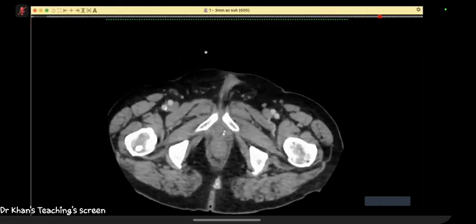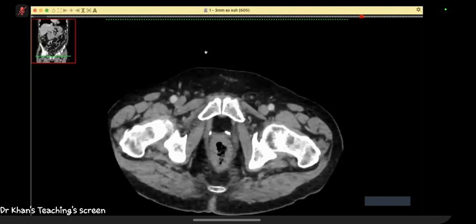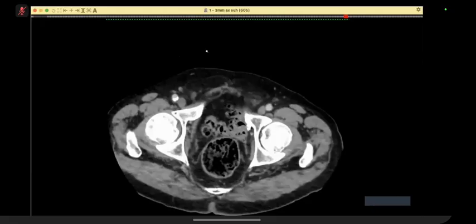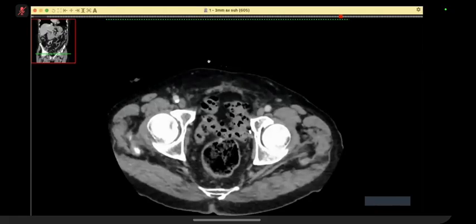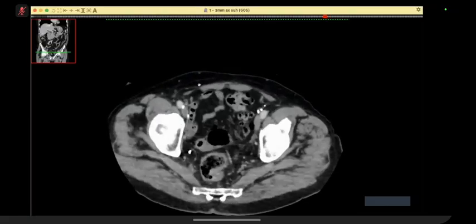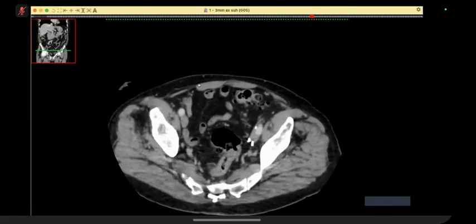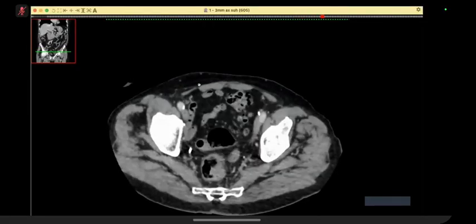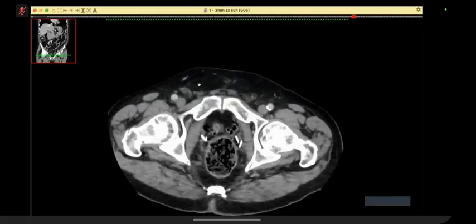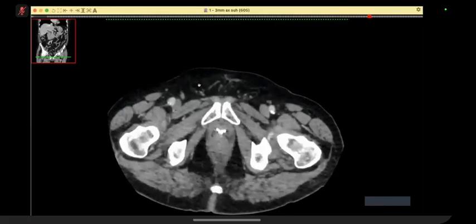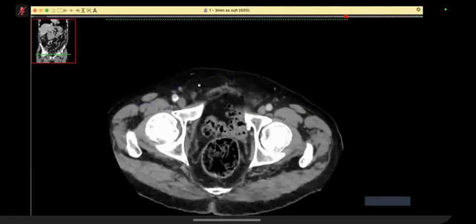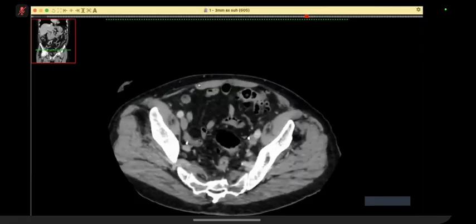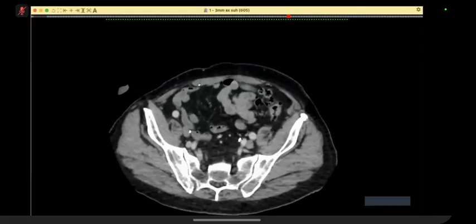I can appreciate that there are surgical clips in the pelvis, likely sites of the operation, and I really couldn't see the urinary bladder. Maybe I need to look at it well again. Okay, so I couldn't really appreciate the urinary bladder in the pelvis, and there are lots of surgical clips